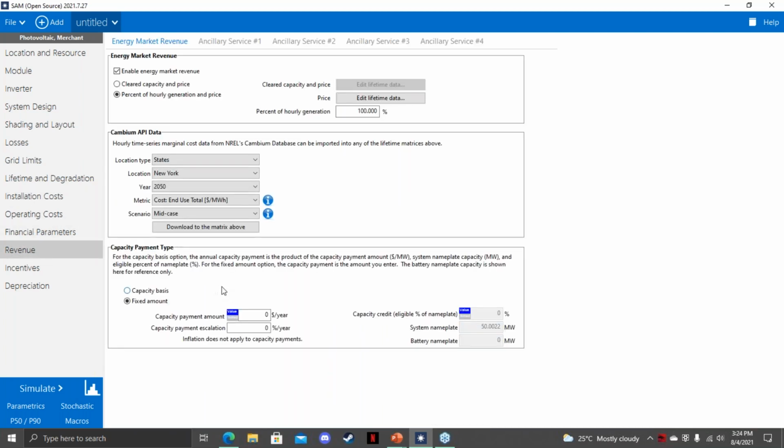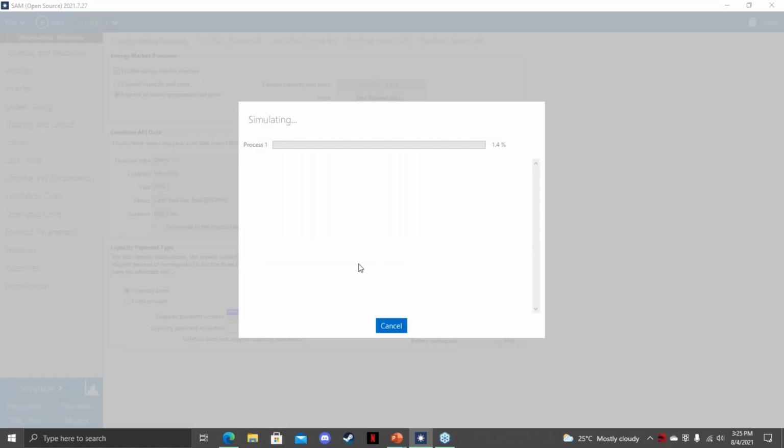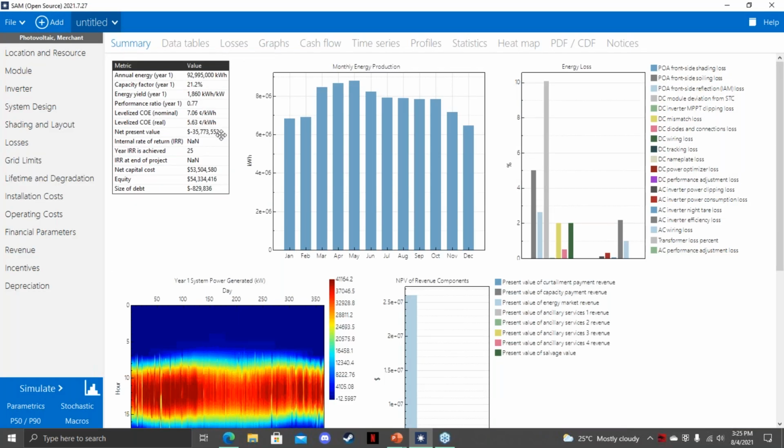And then back on the revenue tab where I mentioned the capacity payment type, if we enter in an experimental value for that, so $100 per megawatt, and then an ideal scenario where we can get 100% of the eligible nameplate capacity for our credit, and 1% escalation. Running that simulation again, we'll raise the NPV by about $50,000, which is comparatively small to the current value of the NPV,